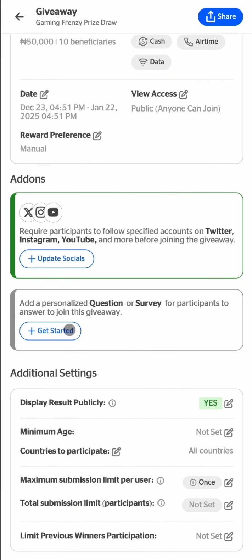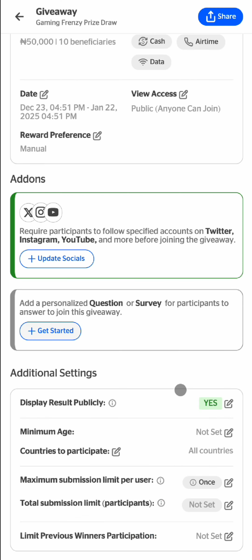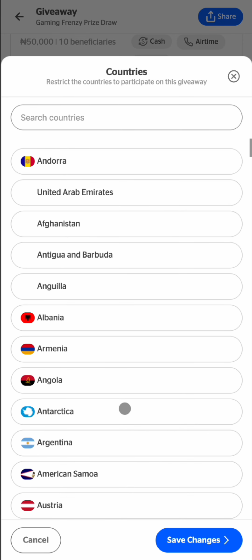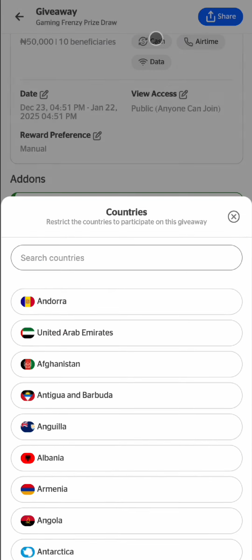You could also add questions or survey. I'll come back to the questions section later. This is where you can configure what I want the public to view as the results. For the minimum age, you could also set the minimum age requirement for anyone that wants to participate in this giveaway. You could also set the countries you want to participate in this giveaway. If we want to limit the country,